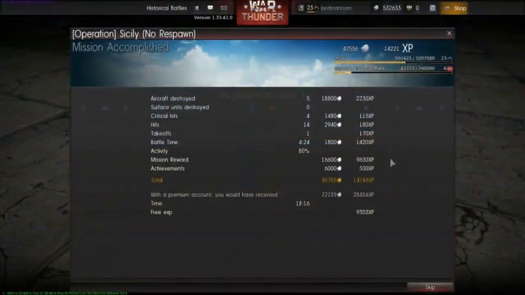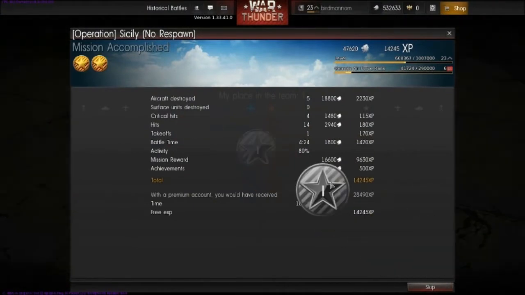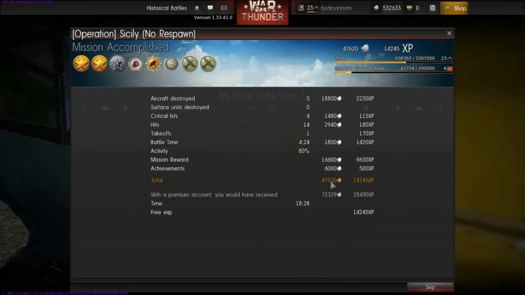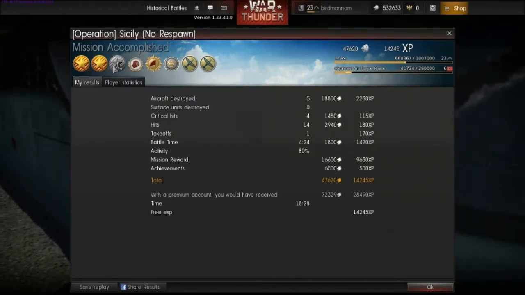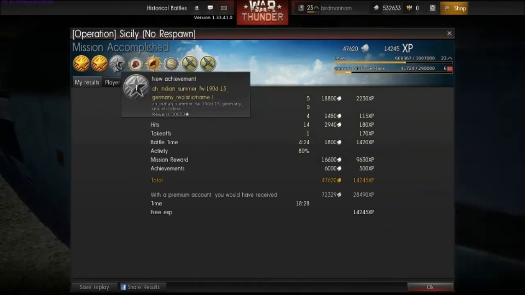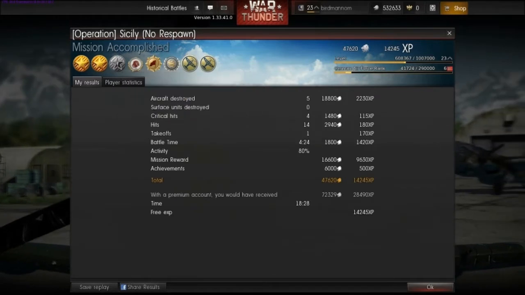Very successful for me. 5 kills, 50,000 in Lions, 14,000 XP. Obviously the AI kills don't give you XP for all intents and purposes. They give you very, very small amounts, so they don't really show up on the score screen XP wise, but